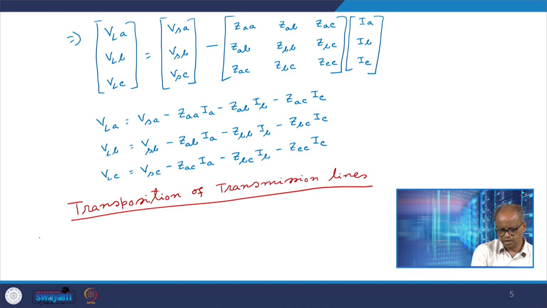Let us say this is position 1, this is position 2, this is position 3, and then for some length this is phase A, phase B, phase C,